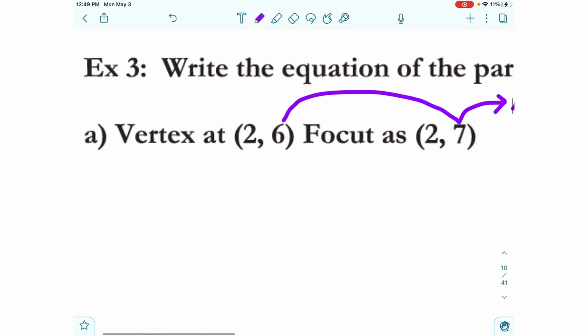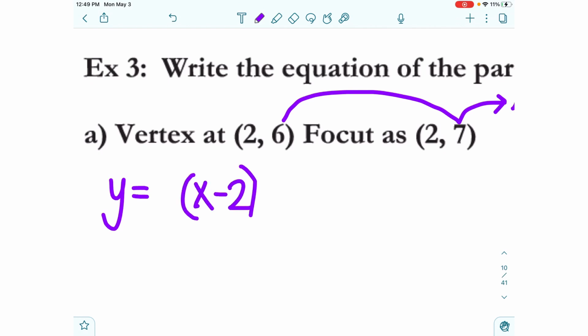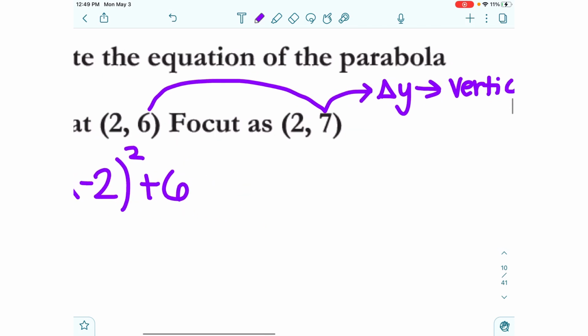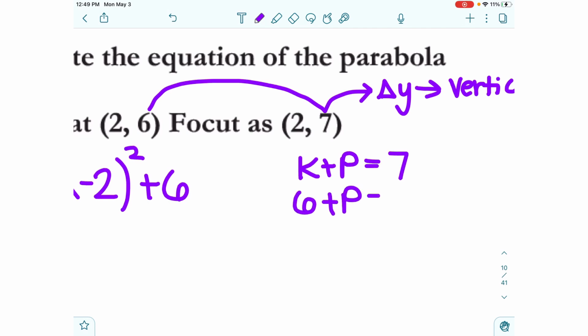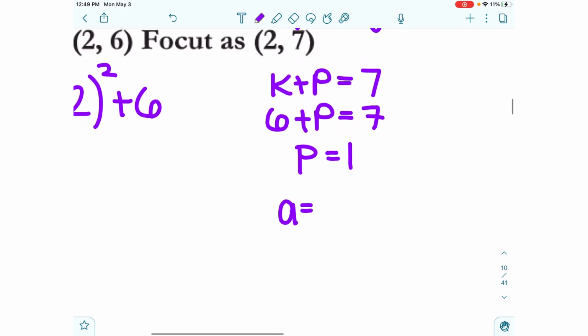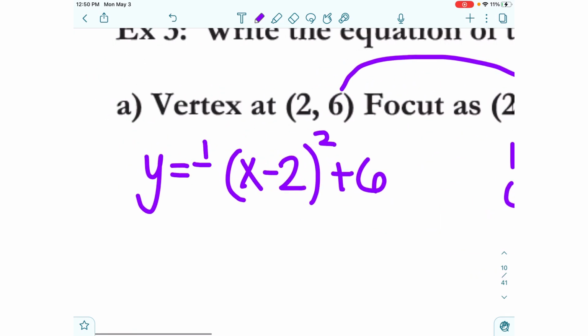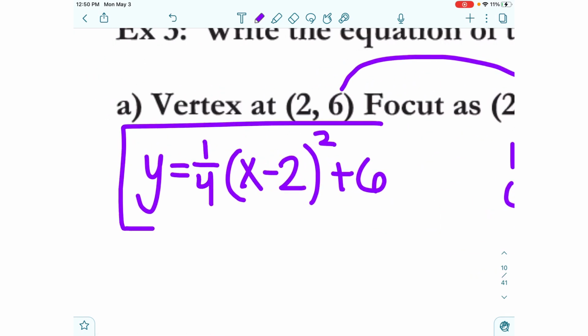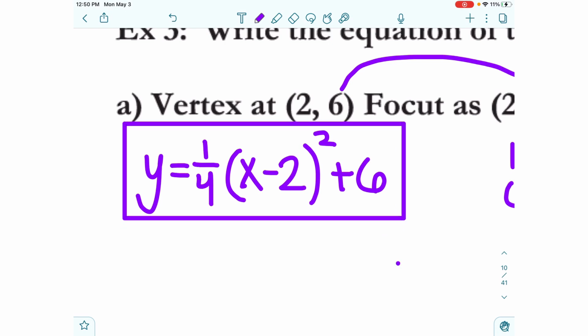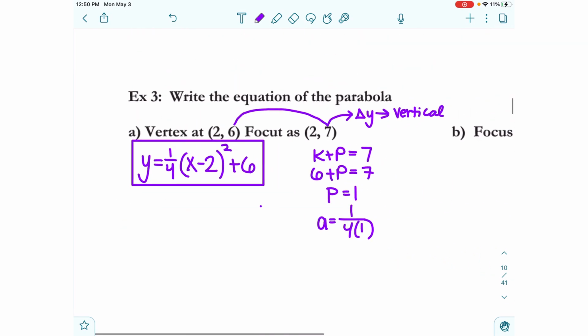So the vertex, so vertical is y equals, the vertex is 2, 6, and the k plus p has to equal 7, but k is 6. So p is 1, and that means that A is 1 over 4 times P, which is 1/4. So here is the answer to my part A. I did that fast. You can pause and rewind if you need to. But let's take a look